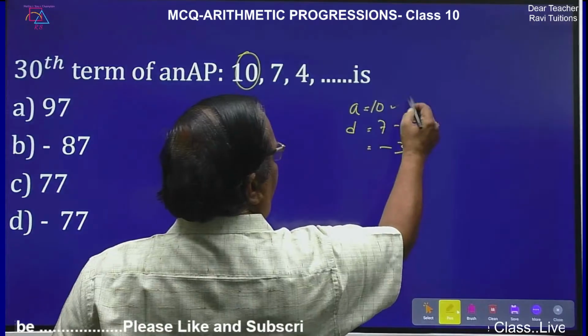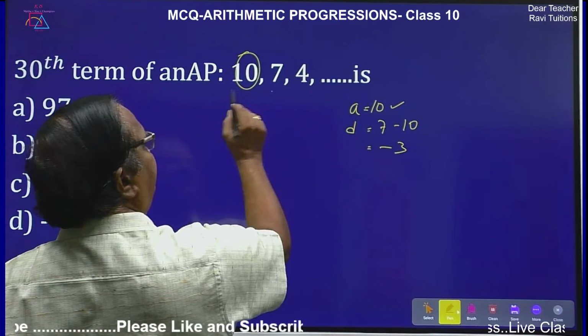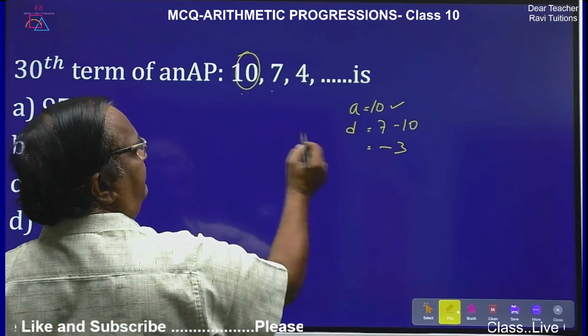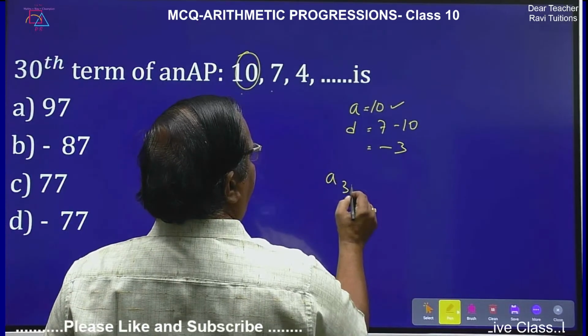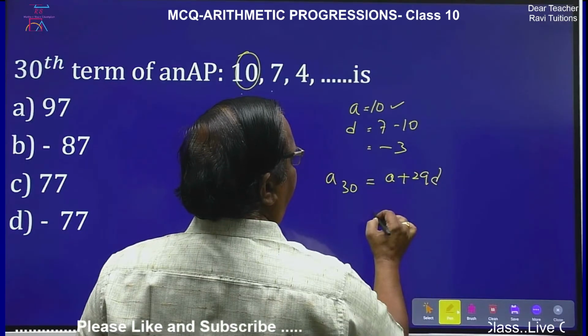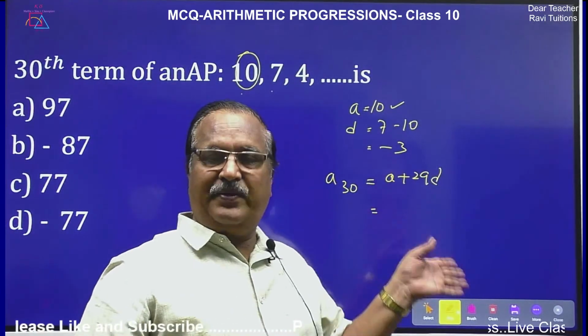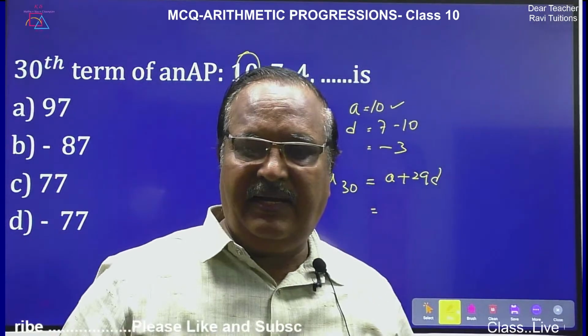A is equal to 10, D is equal to 7 minus 10, second term minus first term, 7 minus 10, minus 3. So now we want A30. A30 is equal to A plus 29D. Because it is MCQ questions, it doesn't matter whether you write all the steps or not. You can directly